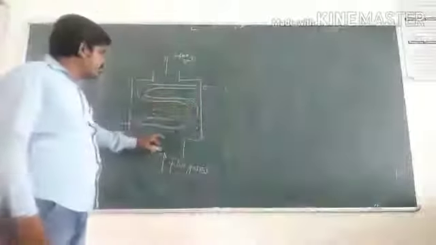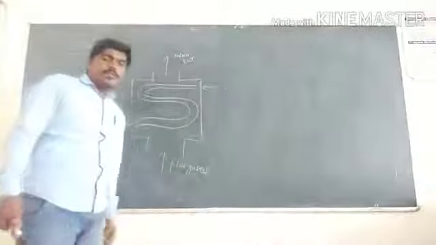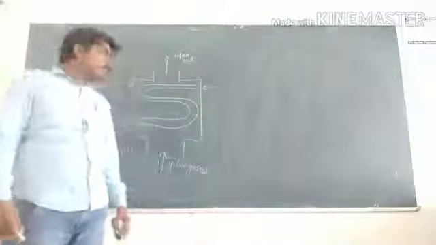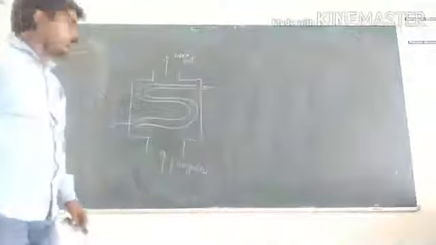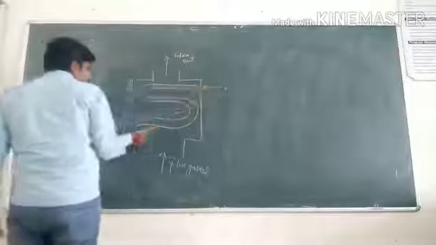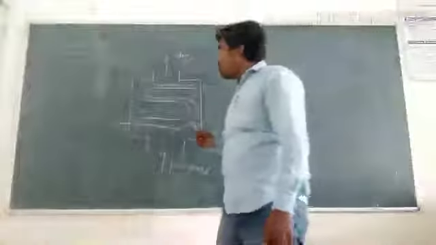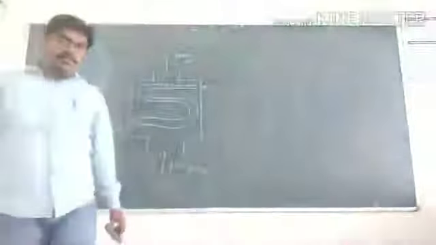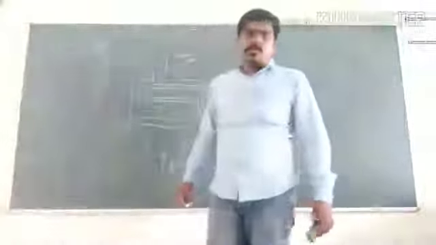So water is flowing, and when the flue gas passes through, the surface of the tube gets heated to a certain temperature, and it indirectly heats the water inside the tube. Steam is generated and we take it out. The water is taken in from one side and the steam goes out from this side. This is also an important component, which we use with the help of our flue gases. Flue gases are important in terms of reheating the steam or water.